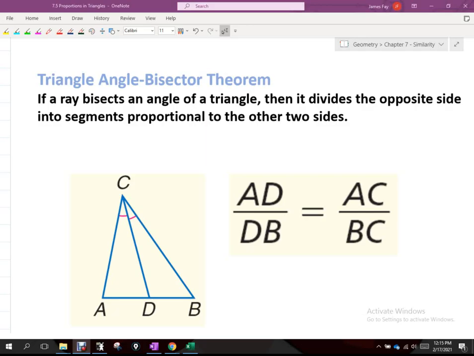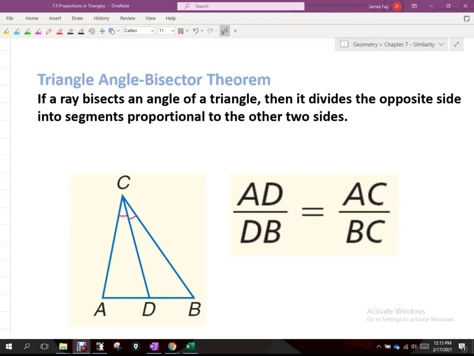All right, it says if a ray bisects an angle of a triangle. So that's what we've got going on here with ray CD. You see that these two angles here are congruent, so CD must be a bisector. Then it divides the opposite side, which would be this side down here, into segments that are proportional to the